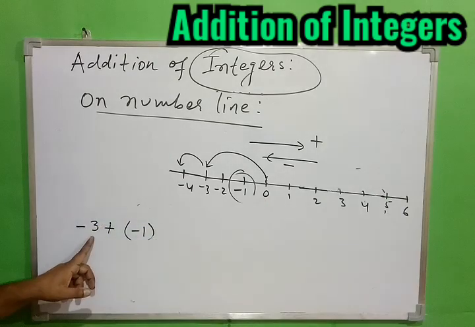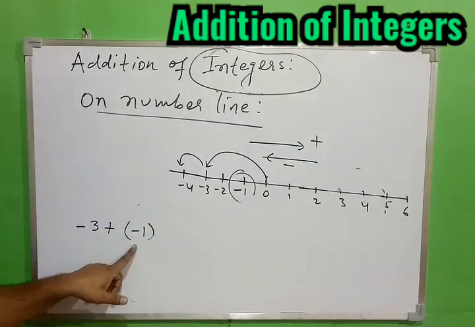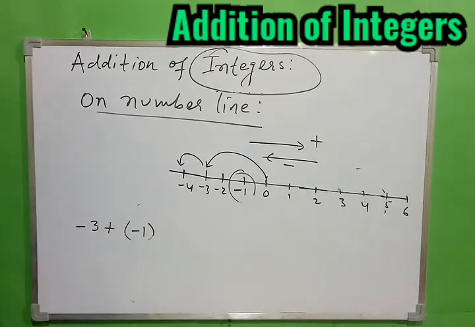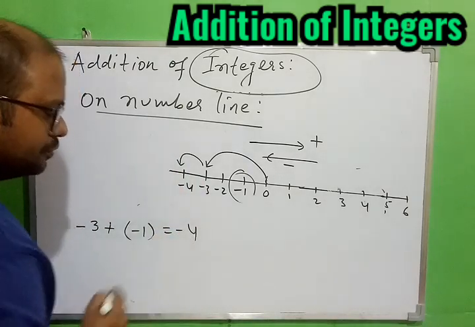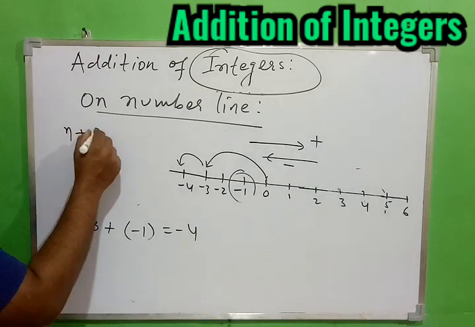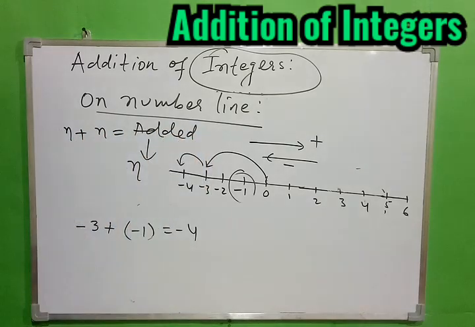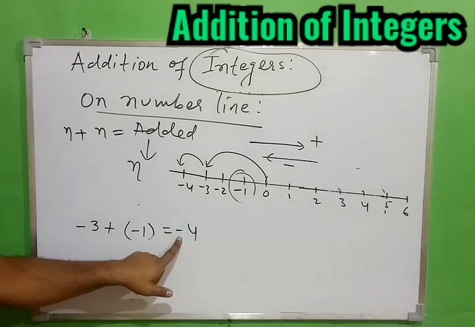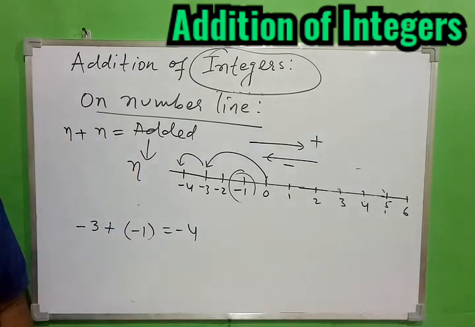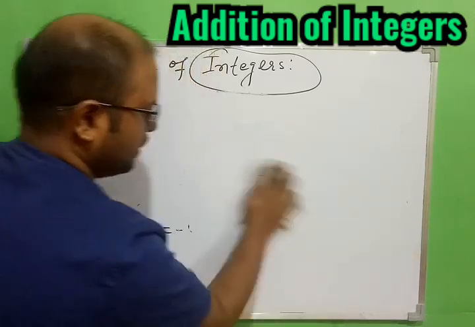So first we had minus 3. Minus, we know we have to come back. So minus 3. And then again we have minus 1. Again we have to come back. Where? 1. So 1 is coming back. So how much do we have finally? That is minus 4. So we understood this also. When we have negative and negative, they are basically added, and the final answer should be a negative integer. So we are adding 3 and 1, 4, and in front of the number 4 we have a negative sign because it is a negative integer. So this is how we can do the addition on the number line when we have integers.